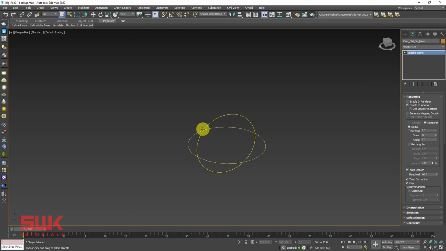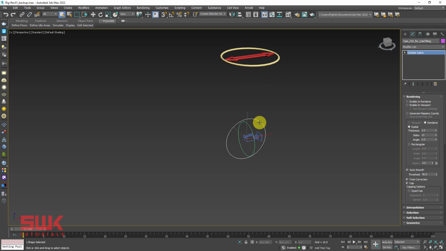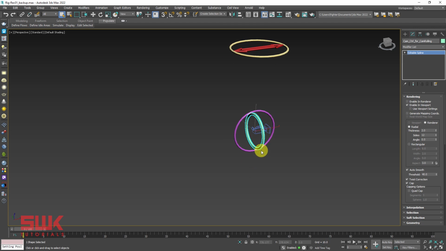Just like this, I will click here and again click enable in viewport. If you want to increase the radius, you can increase it from here too. Again, enable in viewport, and the same for the rest of the controllers.